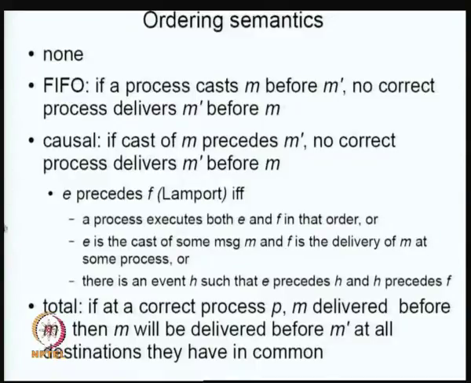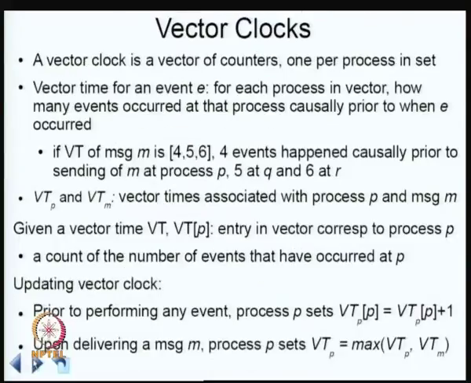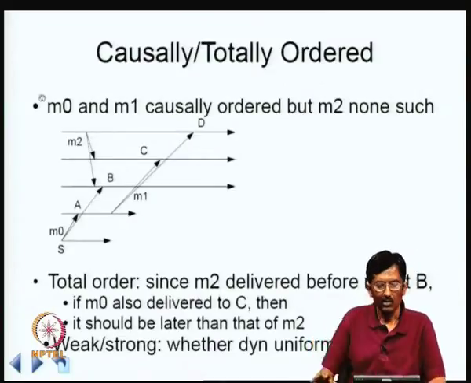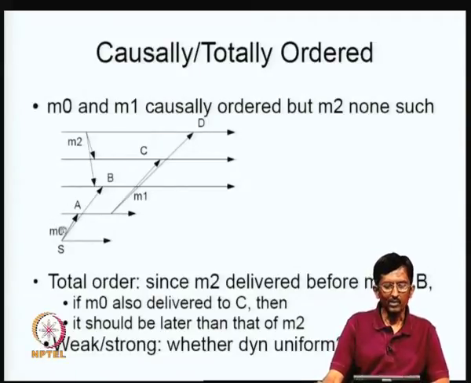So let us take a look at an example. You see there is a message M0, there is a message M1, there is a message M2. Now, M0 does a multicast to A and B, and you notice that the message M0 comes to A at this point in time, and then B in turn does a multicast to C and D. Now, in some sense you can say that this event as seen from A is later than this one.